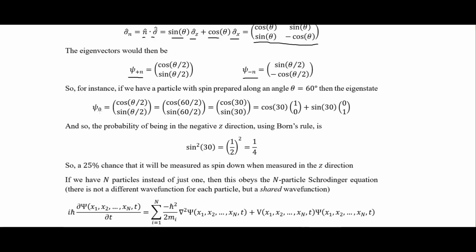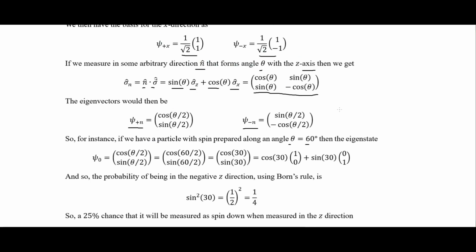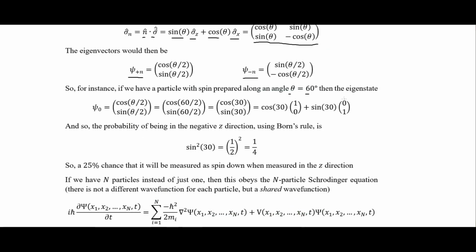So for instance, if we have a particle with a spin prepared at an angle theta equals 60 degrees, so this angle right here being 60 degrees off from the z, then for the eigenstate we have this theta over 2 in our cosine and sine here. So we put 60 divided by 2, so that's cosine and sine of 30. And so cosine of 30 times this plus sine of 30 times this. And so when we put that together, what we end up with is